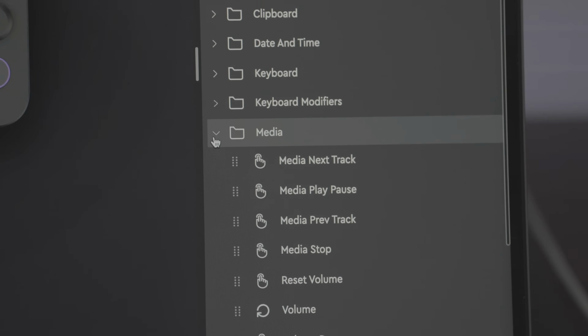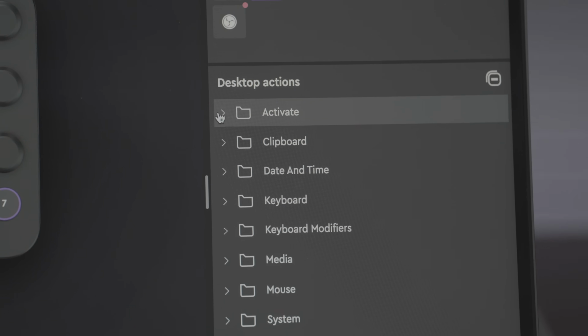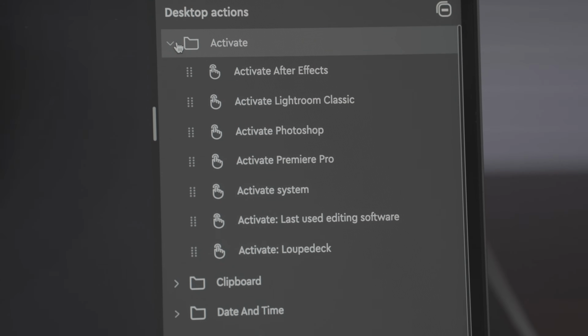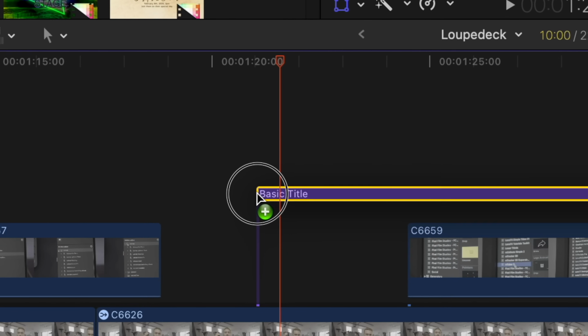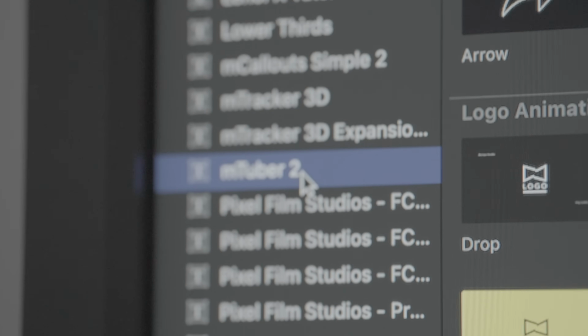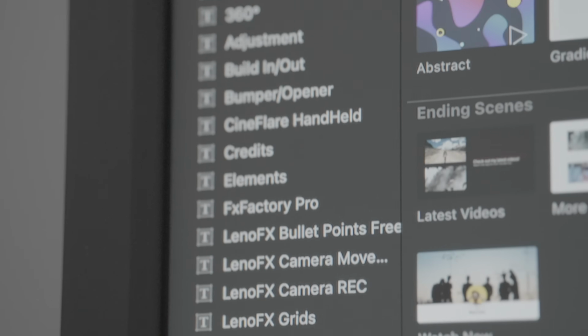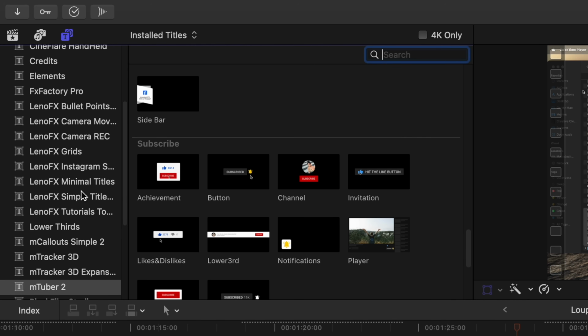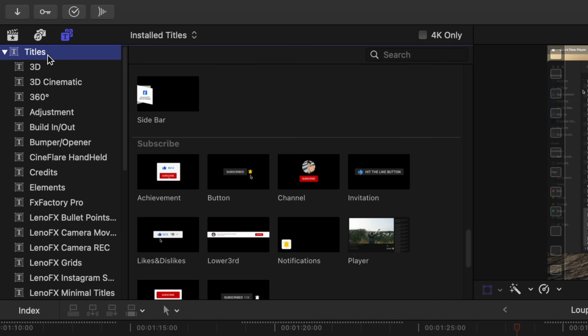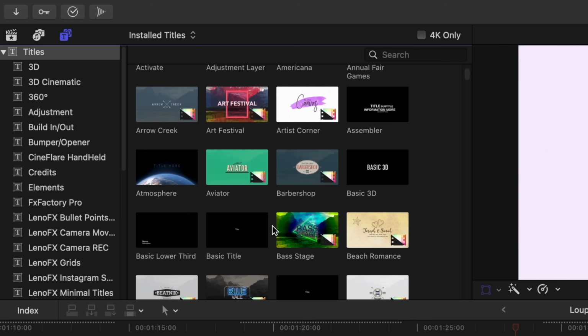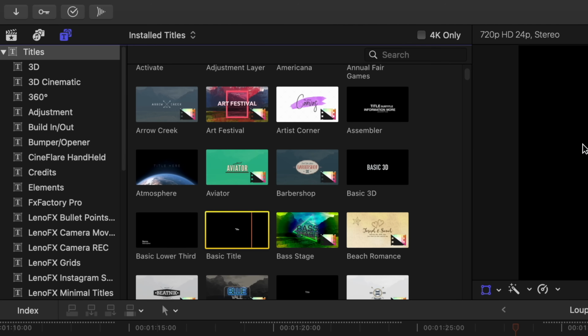With this Loupedeck Live, you can create a shortcut for nearly anything on your computer. So as it pertains to me, let's say I'm in Final Cut Pro and I want to add a basic title. Sounds quick and easy, but I have a ton of plugins that I'm always having to dig myself out of just to create a title in a video. That's another 3 to 4 step process that I have to do multiple times in an edit